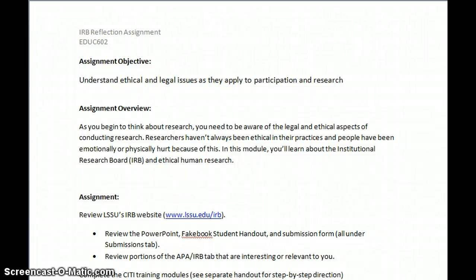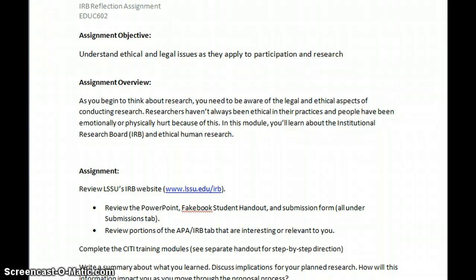Hi, this is the Institutional Research Board, or IRB, assignment sheet. First of all, the objective you have here is to understand ethical and legal issues as they apply to participation in research. Before you really get started on research, you need to be aware of the ethical and legal issues that surround that. We need to think about what we're doing with students and if there's any chance of harm